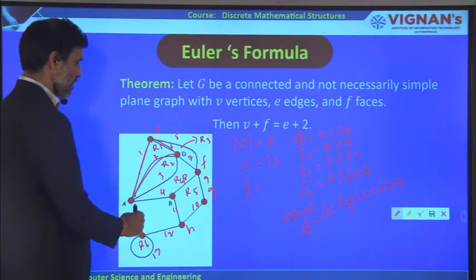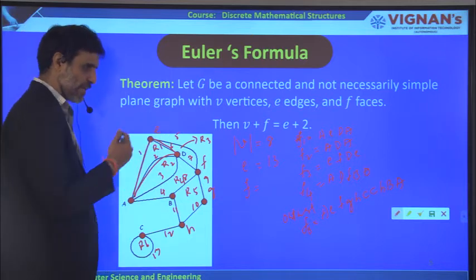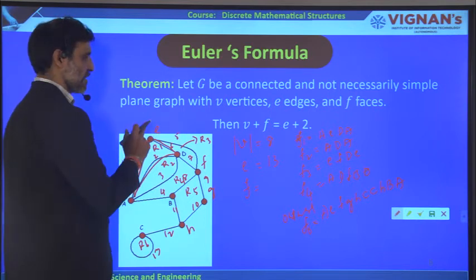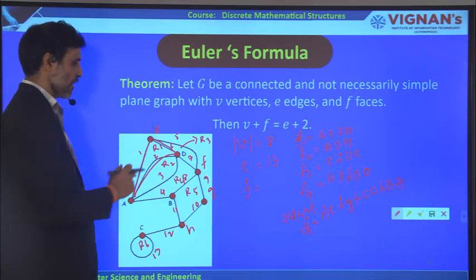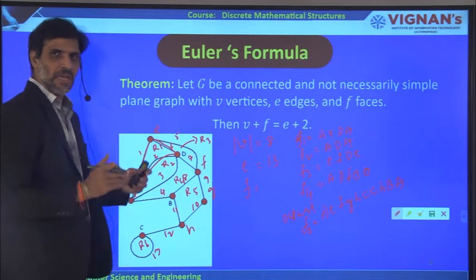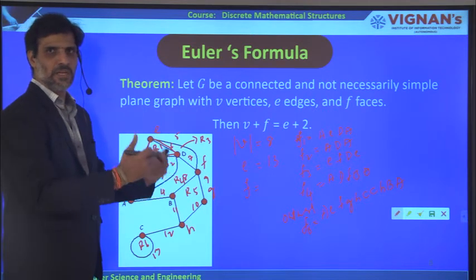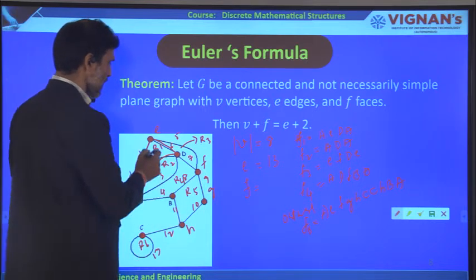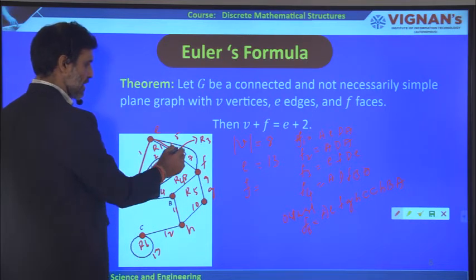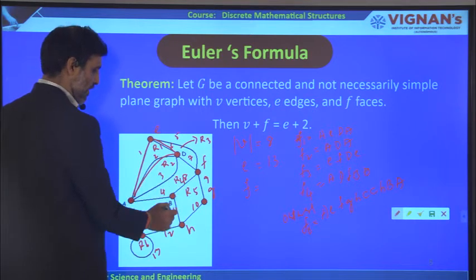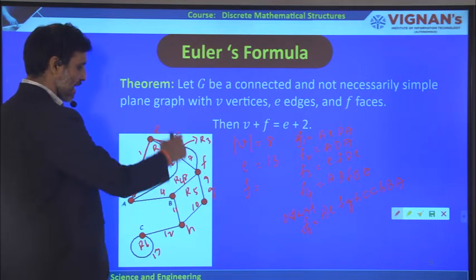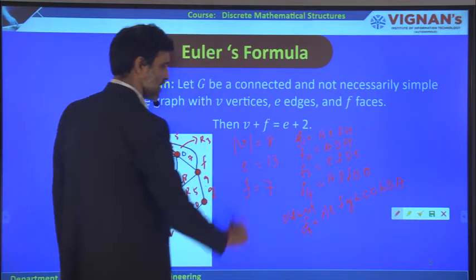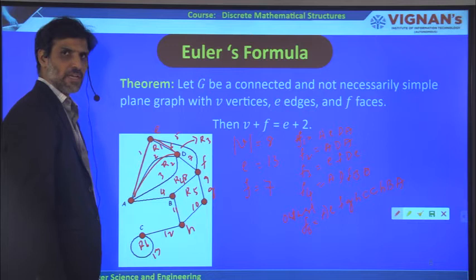You have to take the number of interior regions and also the exterior regions. The exterior region is always equal to 1, but you have to calculate the number of regions. Exterior regions plus interior regions will give you the total number of regions of the graph. So totally how many regions are there? R1, R2, R3, R4, R5, R6, and then the exterior region is 7. So totally 7 faces are there in the graph.